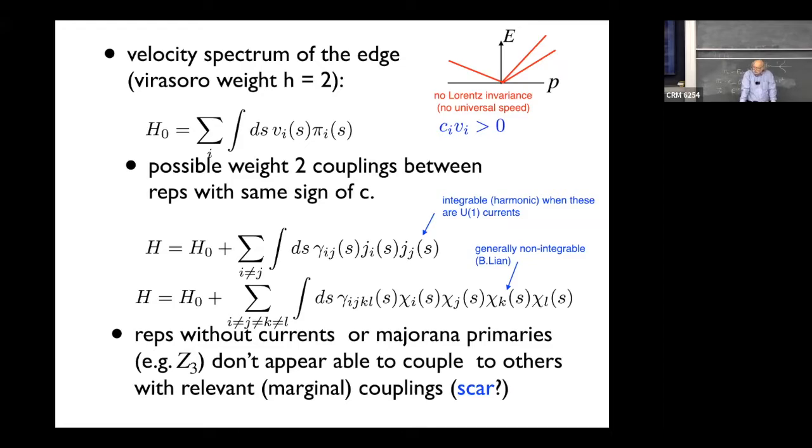So they're not present in it anyway. So the issue about different velocities is to find marginal couplings, but if, like Z3 for example, there are no primaries with integer or half-integer weight floating around, it looks like those things can't couple. A Z3 term,